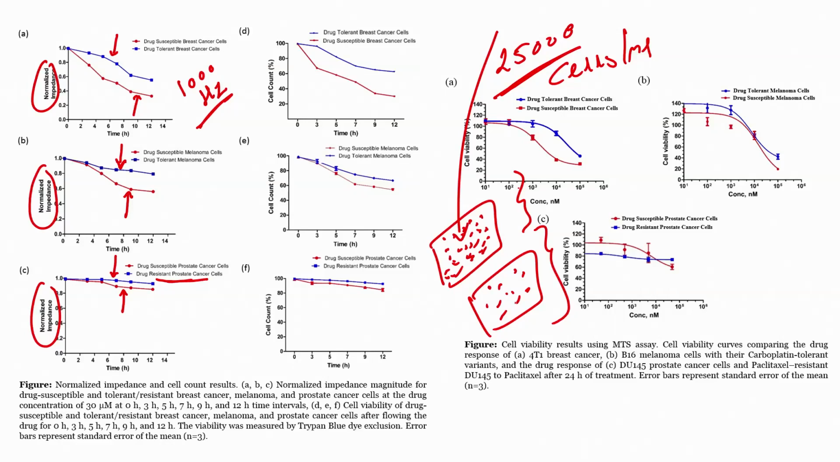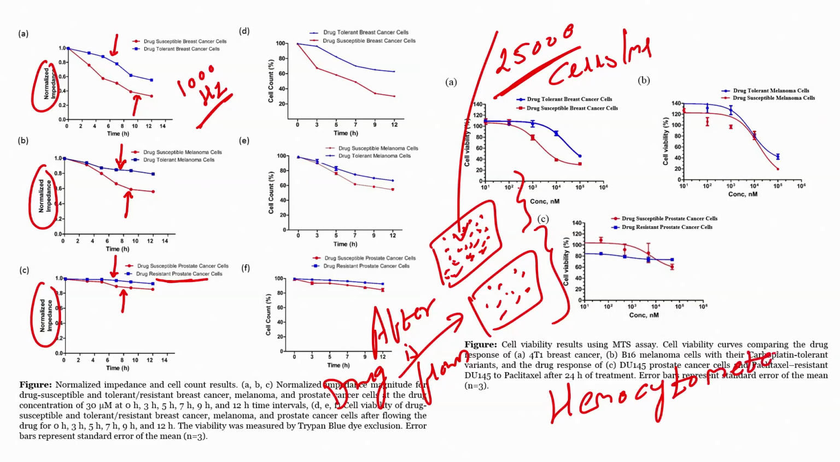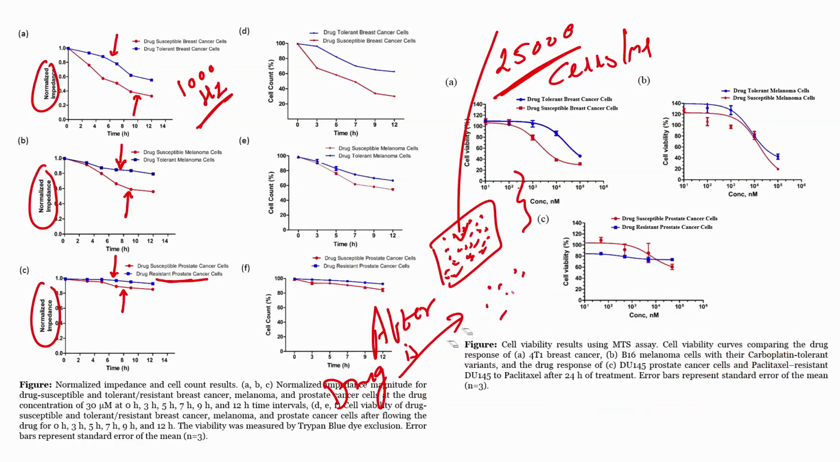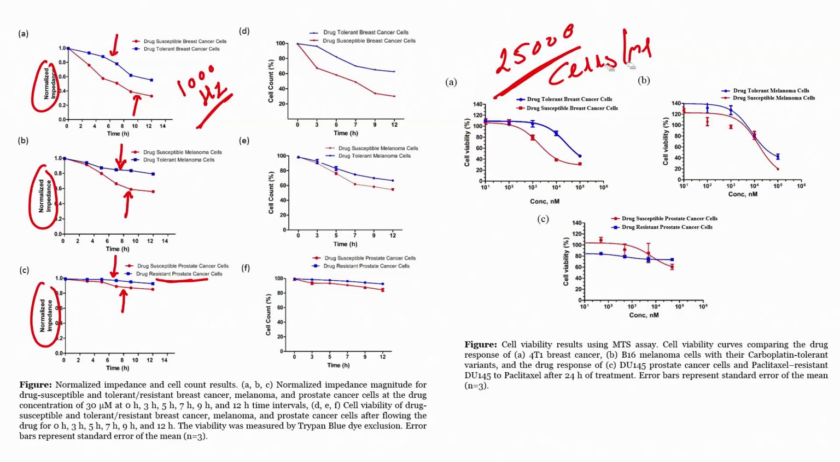Now, when we recover these cells after the drug is flown, if we recover these cells and count them using a hemocytometer, a hemocytometer is used to count cells, live or dead. So, using a hemocytometer we can count the number of cells. When we perform this experiment of counting the number of cells after the drug is flown, then we found that